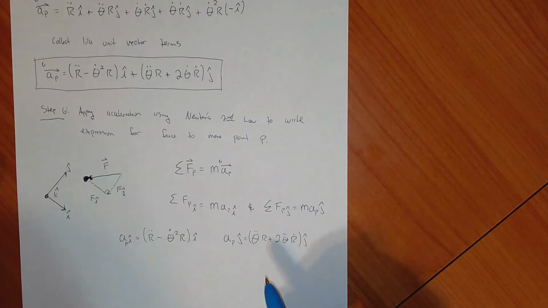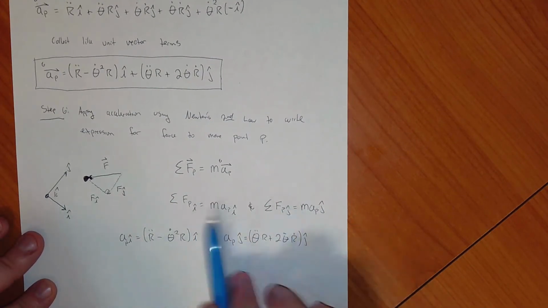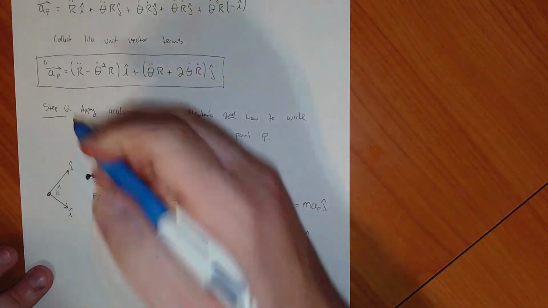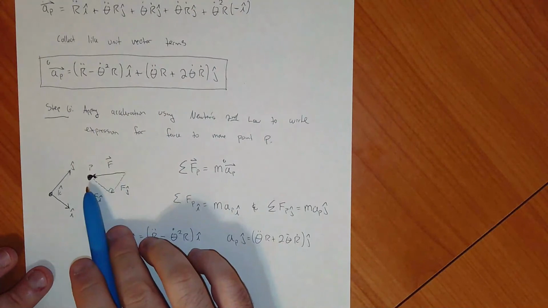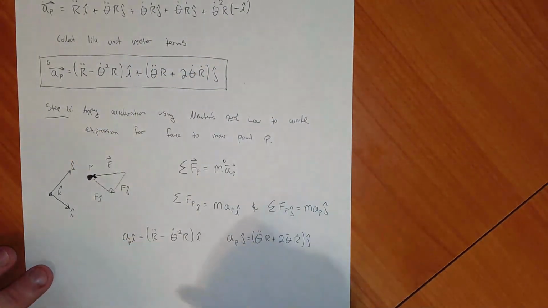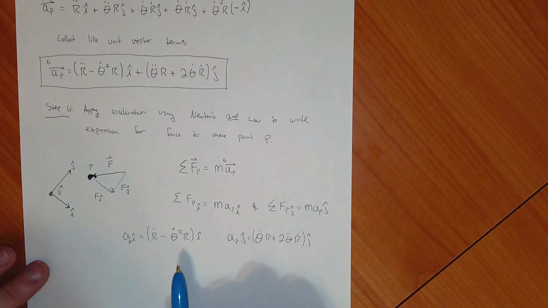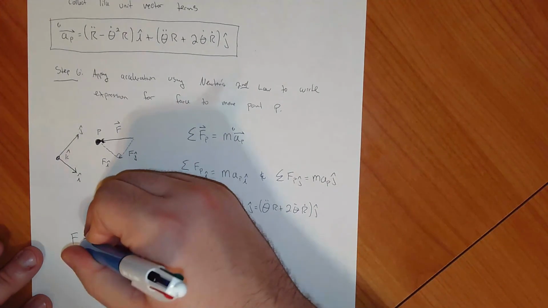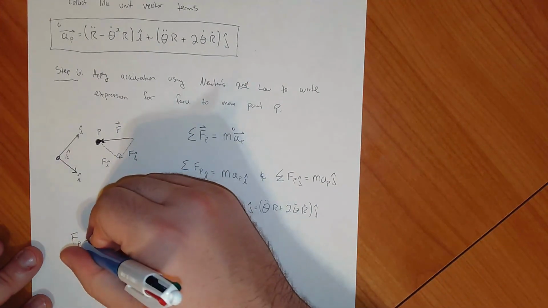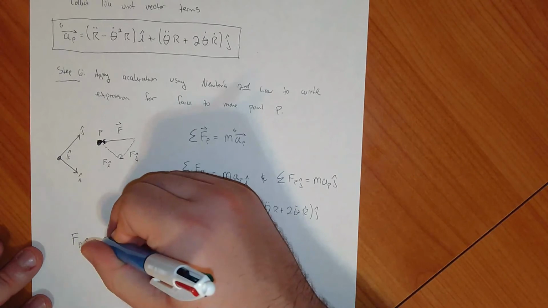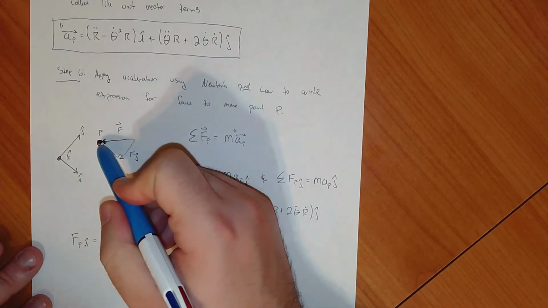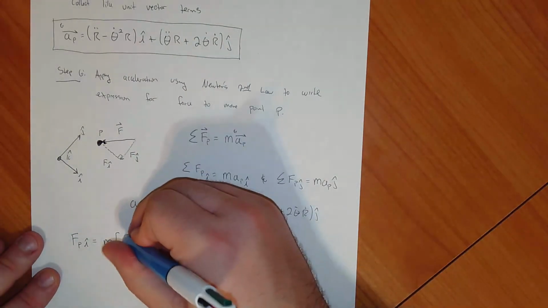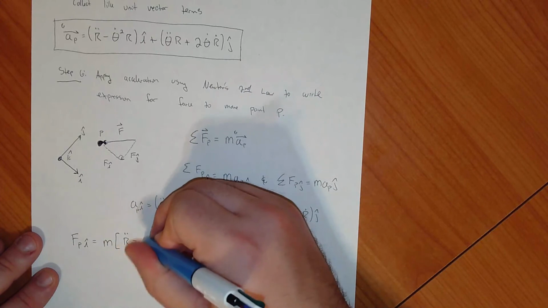Now, last little piece here, I just have to take these expressions and plug them into these expressions, and that tells me the force that I have to put on point P. So remember, this is point P. This force that I have to put on point P to get it to accelerate in this reference frame, effectively. So let's see. The force of point P in the i hat direction is just going to be the mass of wherever we're sitting in point P multiplied by this i hat acceleration. So it's r double dot minus theta